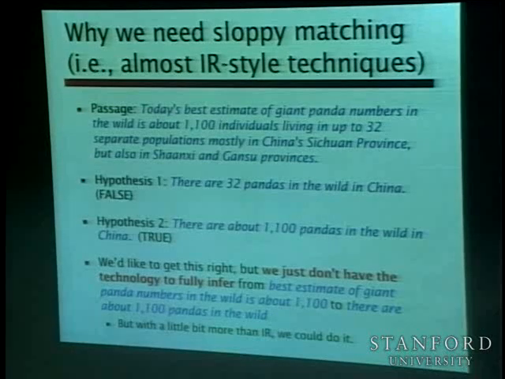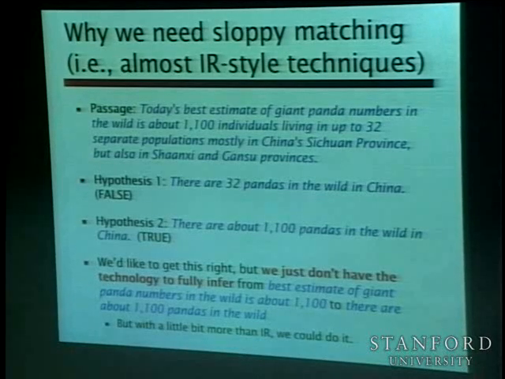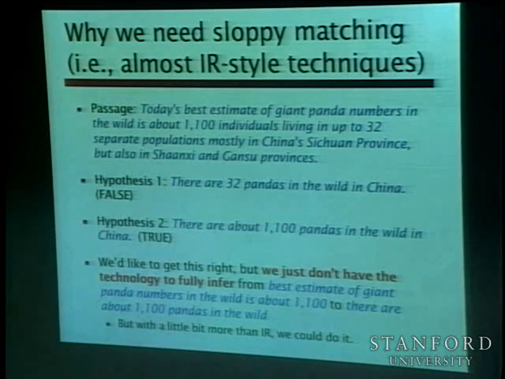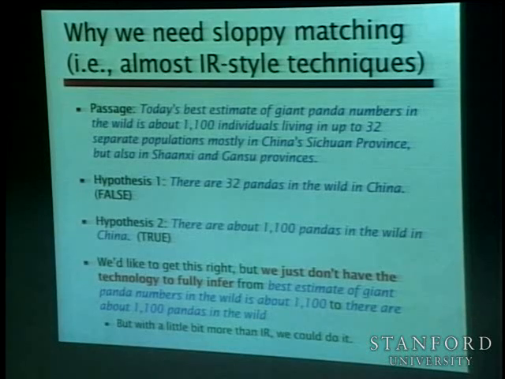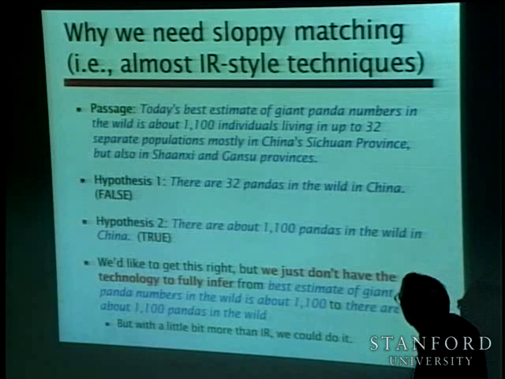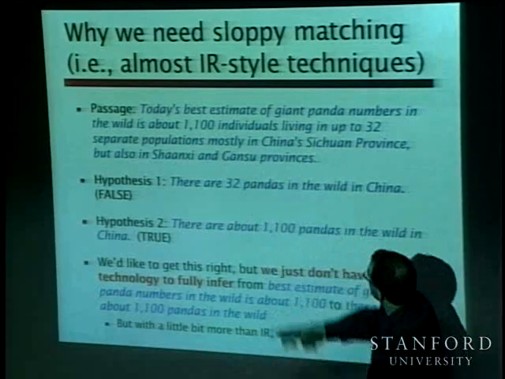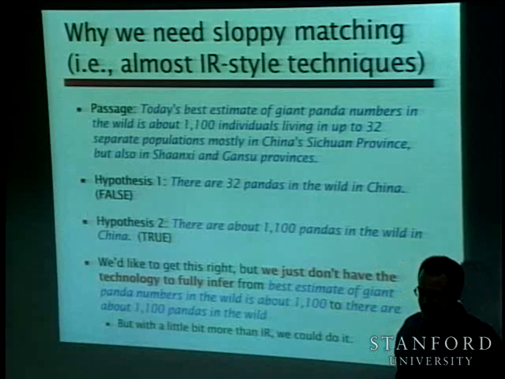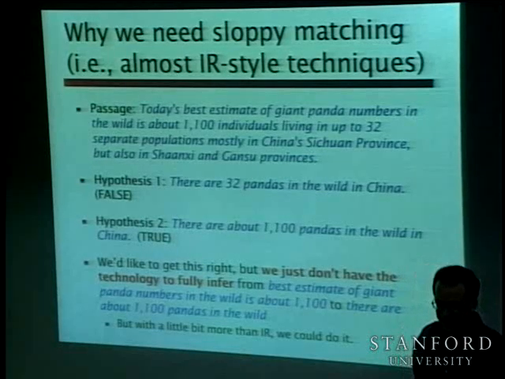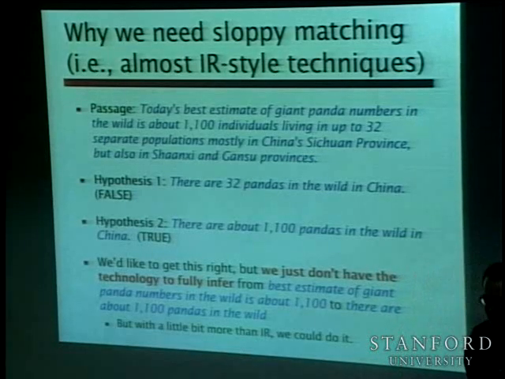But we can't get this right in a sort of a principled, deep way. But on the other hand, if you don't try and go too deep and you just say, well, look at this, 1,100 individuals, kind of close to the words giant panda numbers, looks pretty promising, well, then you're going to get the answer right. And I think that for a lot of the systems that try and do this task, that's the tension,